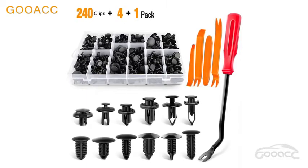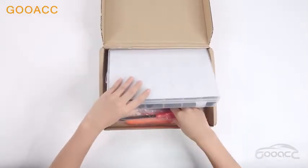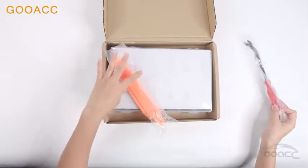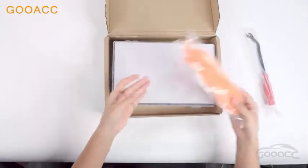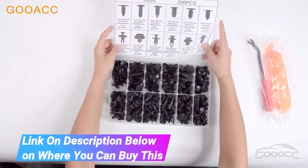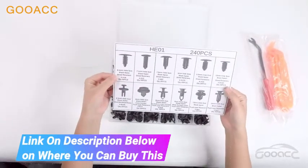Bumper retainer clips, car plastic rivets, fasteners, push retainer kit. Most popular sizes: auto push pin rivet set, door trim panel, fender clips for GM, Ford, Toyota, Honda, Chrysler. Universal fit kit. Great assortment push retainer kit with 12 popular sizes, fitting for door trim, radiator shield, yoke, fender,